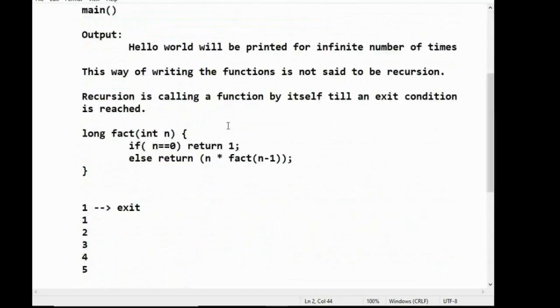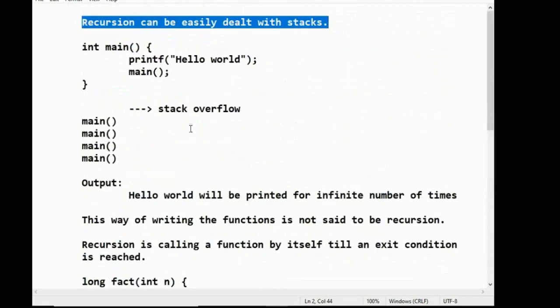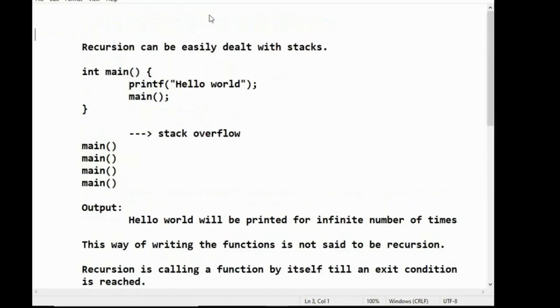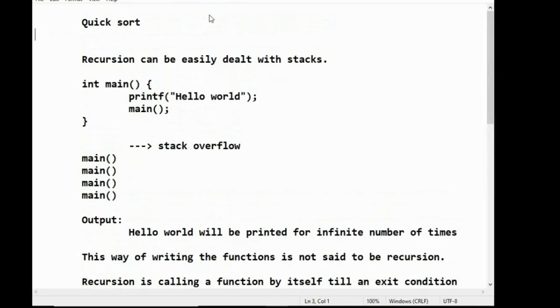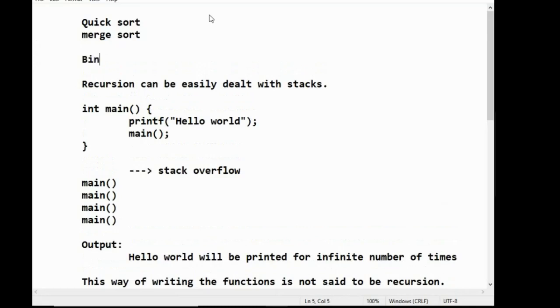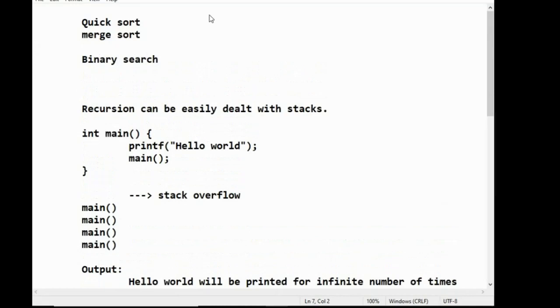And with recursion, you have so many things to solve. For example, the sorting techniques like quick sort and merge sort can be solved using recursion. Binary search can be solved using recursion.